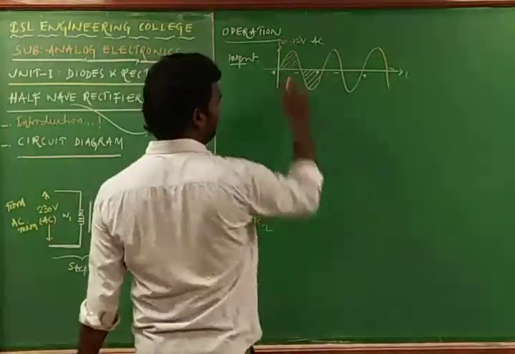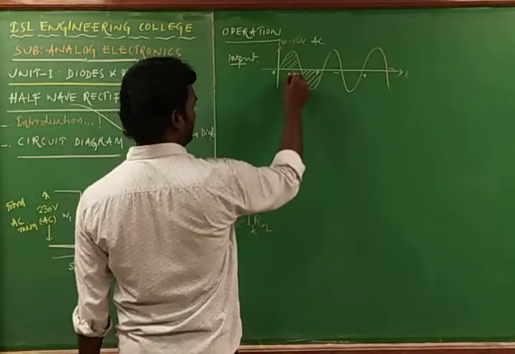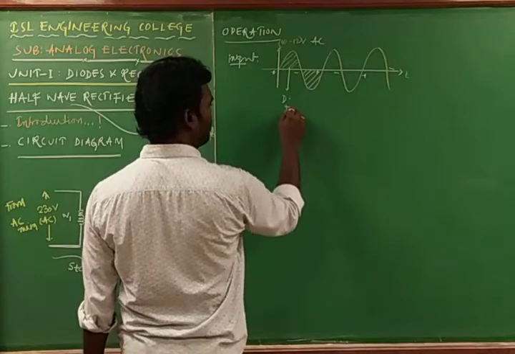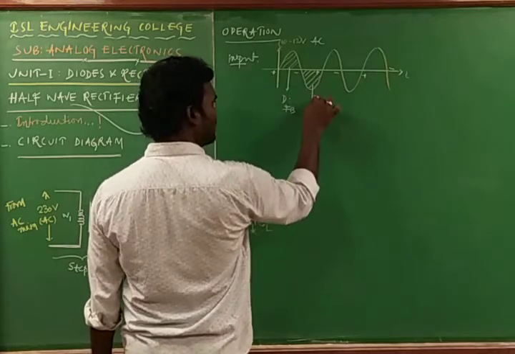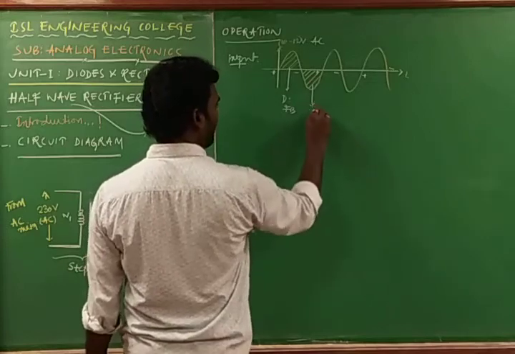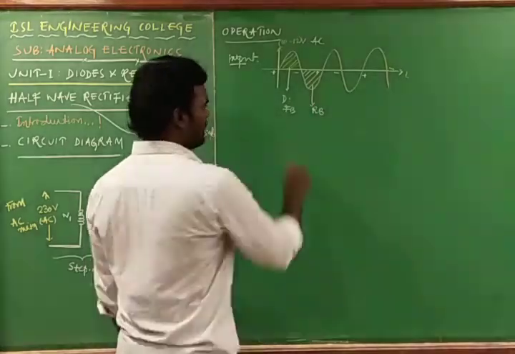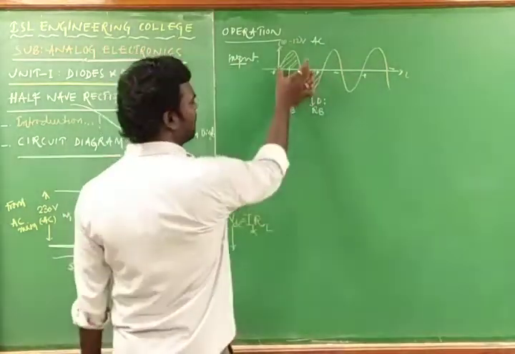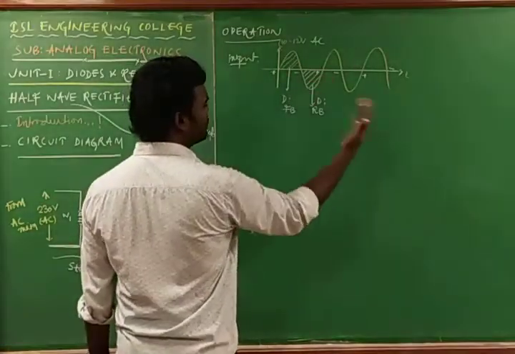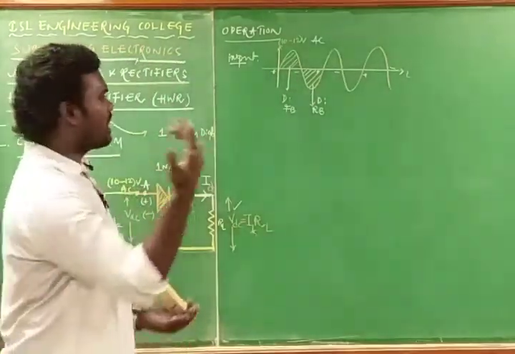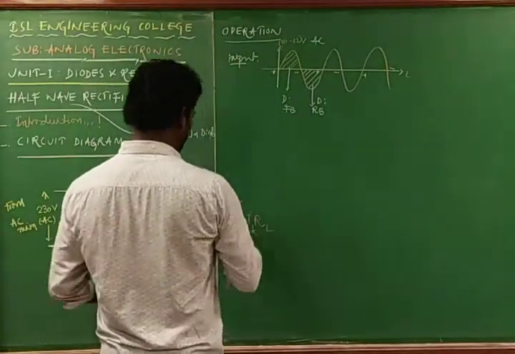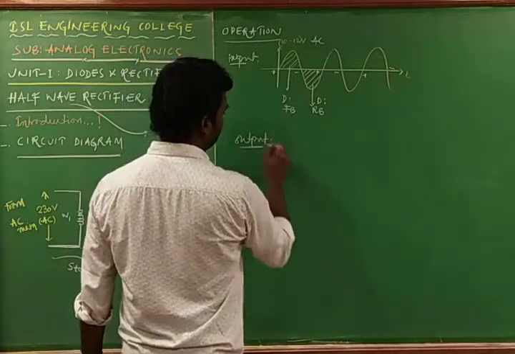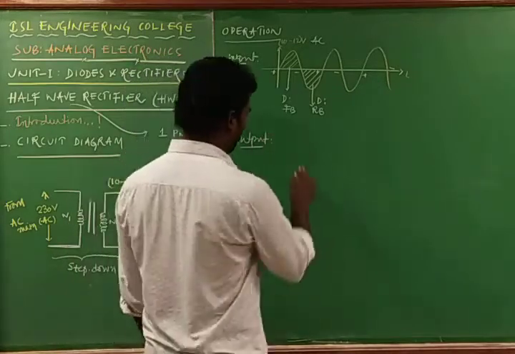Then this is the input, right? Whenever this is the input, the diode, which I can call D, is in forward bias here, and in the negative half cycle the diode will be in reverse bias. Here the diode is in forward bias and here the diode is in reverse bias. So in forward bias only we can have the current; in reverse bias there is no current, so there is no voltage. So I can draw the output of the PN junction diode, the output of a half wave rectifier.